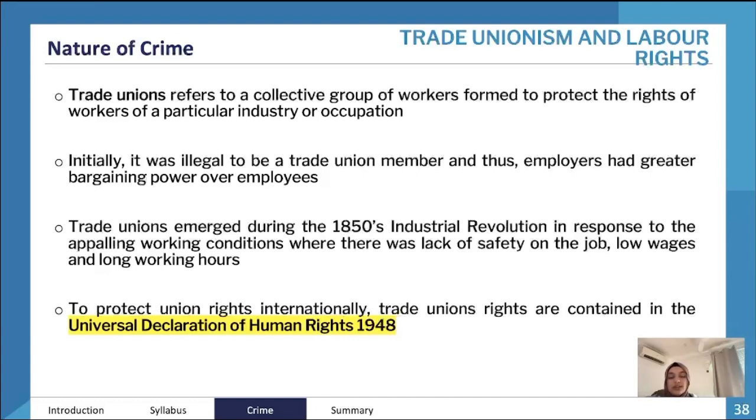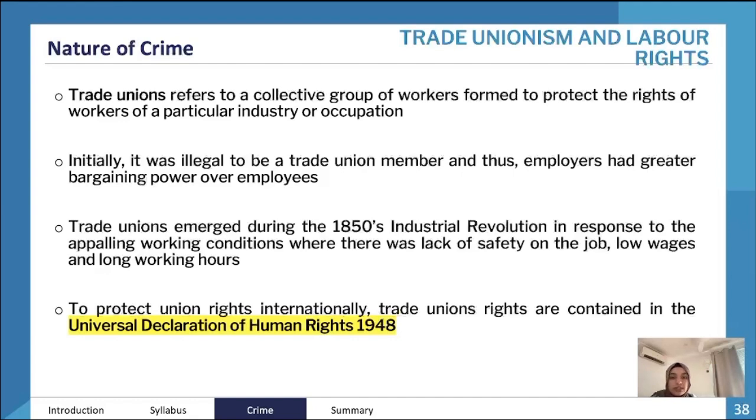So when it was initially founded as a concept, it was illegal, and thus employees had really little to no rights. Employers just told them what they would be given, and employees just had to deal with that. Trade unions emerged during the 1850s and during the Industrial Revolution, which, if you studied that in history,